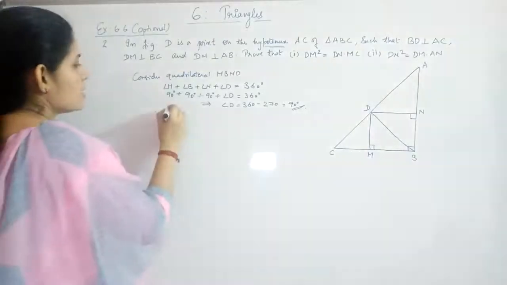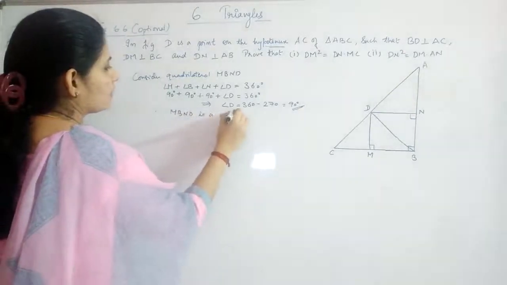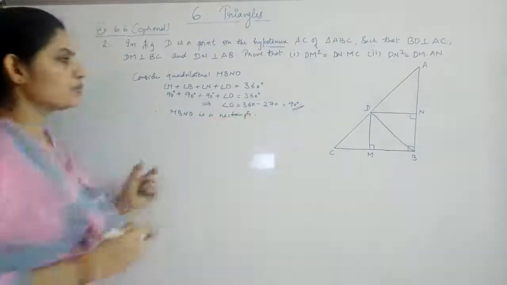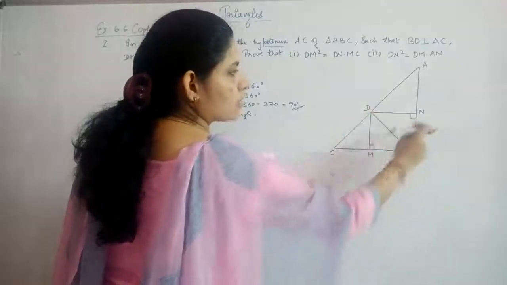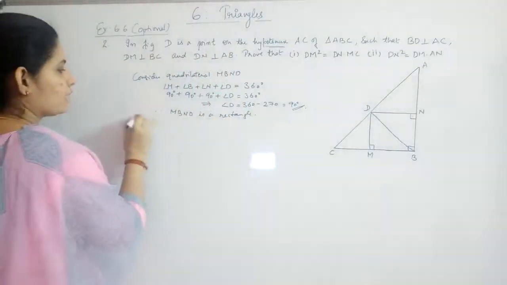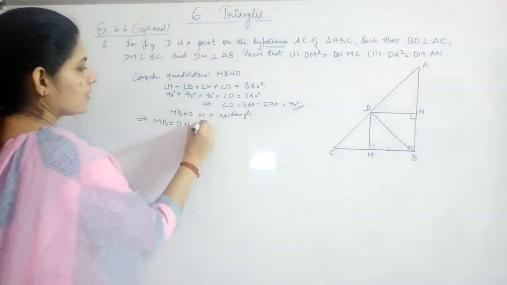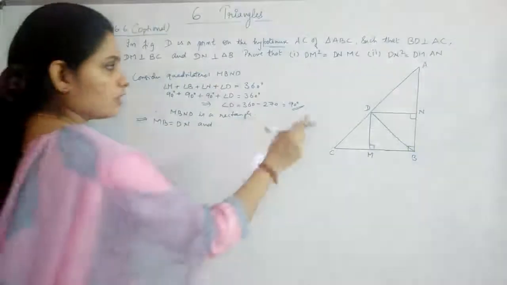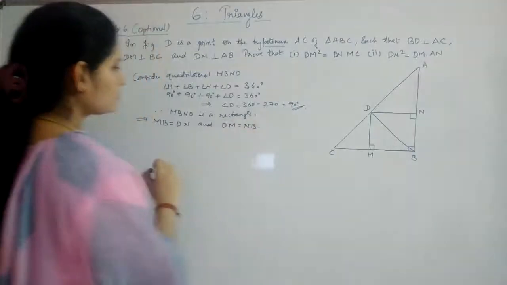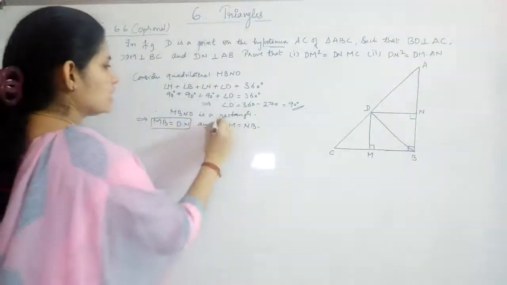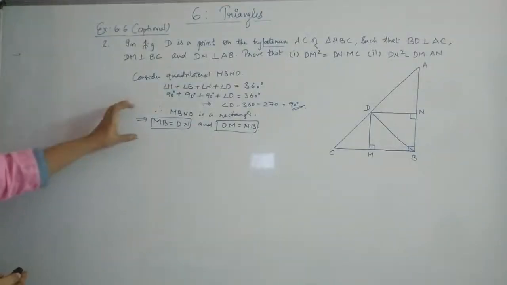Therefore, you can say that quadrilateral MBND is a rectangle. Now, why we are proving this to be a rectangle? Because we need to show that this length and this length is equal and this equal to this. Okay, so from this concept of rectangle, what we will get is MB is equal to DN and opposite sides are equal, and DM is equal to ND. Okay, so these two concepts we need later. For that we have earlier proved this. Okay, we will use it later.